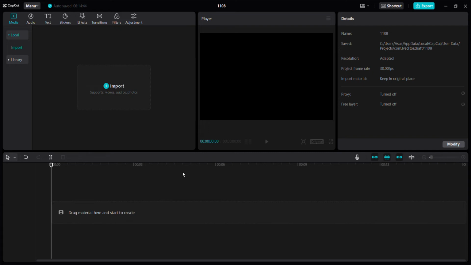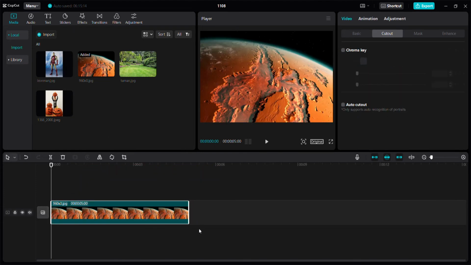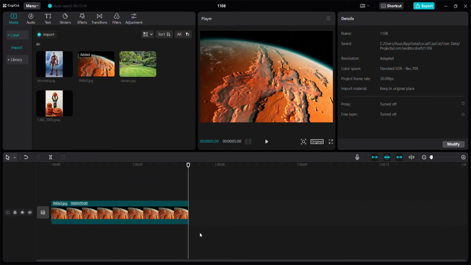So here I'm using Capcut for PC. Just simply, after you download the Capcut app, open it, and before you can import the videos, audios and photos here. For example, click import, and then you can drag here to make a clip, and then